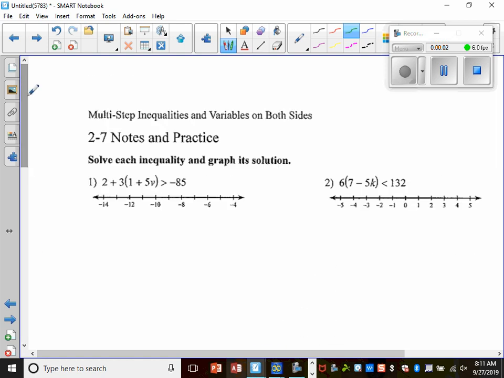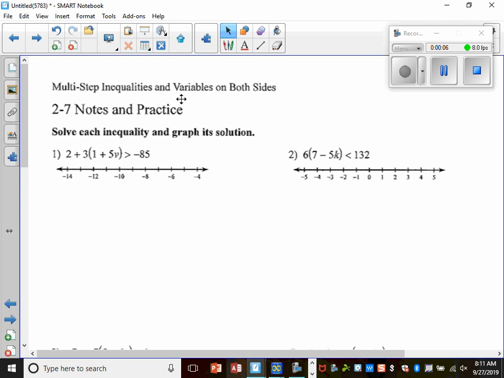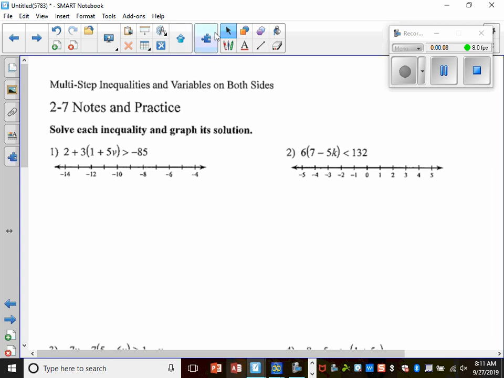23. So we're going to start on page 23, just doing some multi-step inequalities. Some of them might have variables on both sides and so on. Then we'll graph on a number line. And just to review how you graph with inequalities, open circle